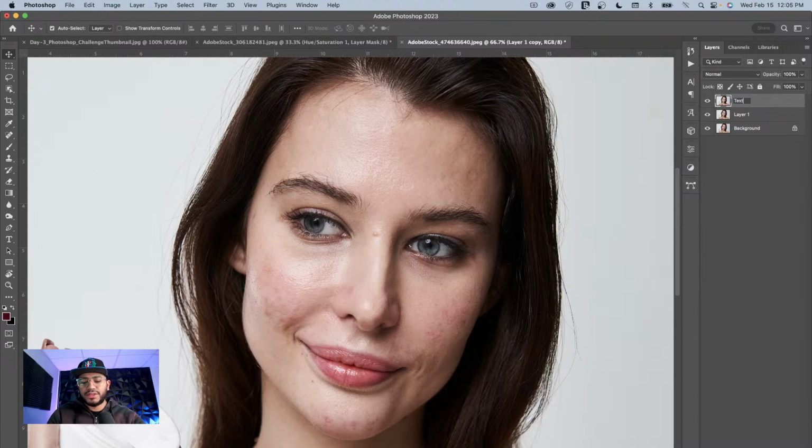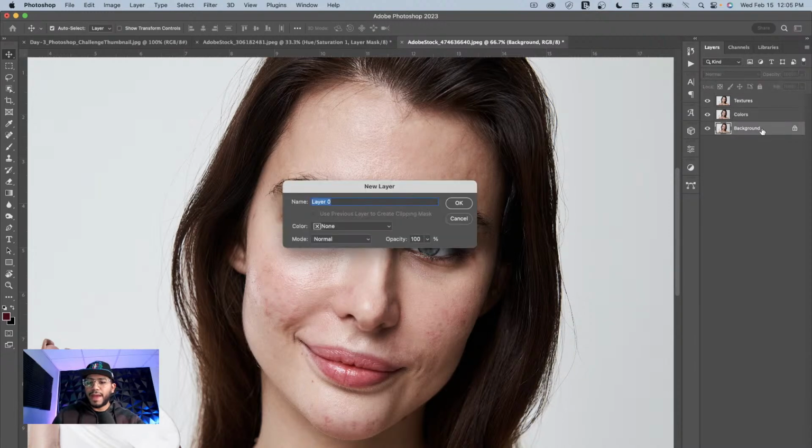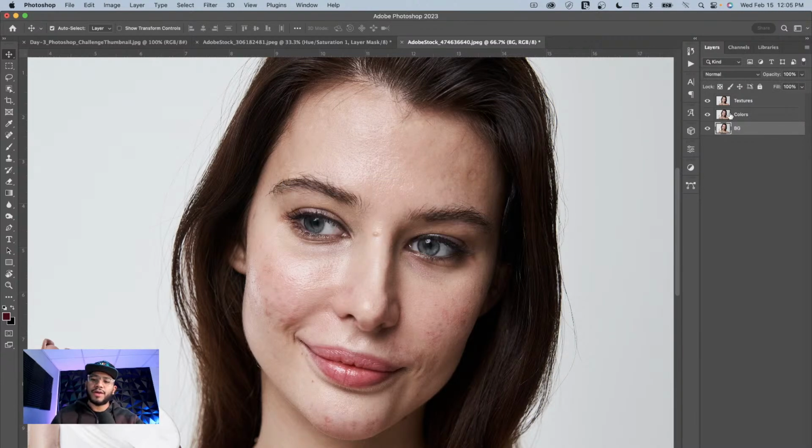Whoops. Textures. And the bottom layer, we're going to call it Colors. Perfect. And we're going to keep our background as a background, BG. No, let's say BG for now. All right, so the next thing we need to do is